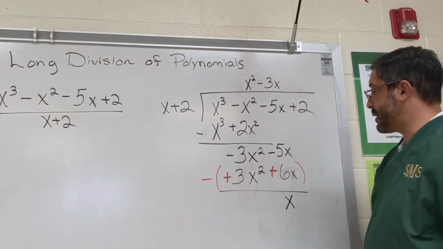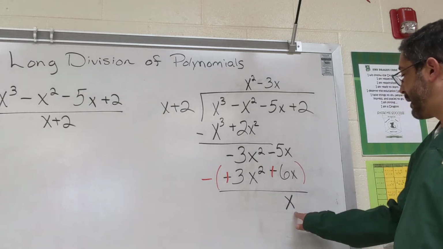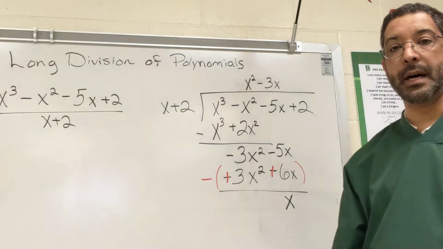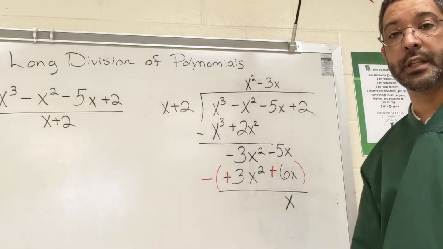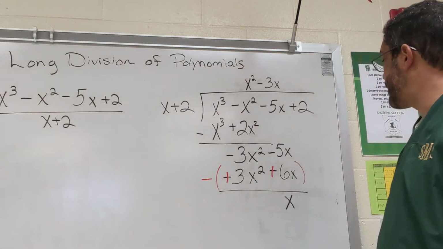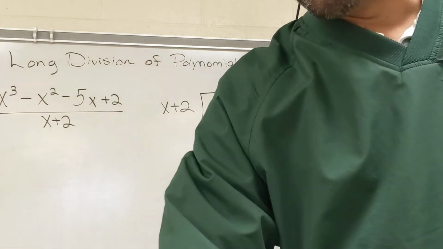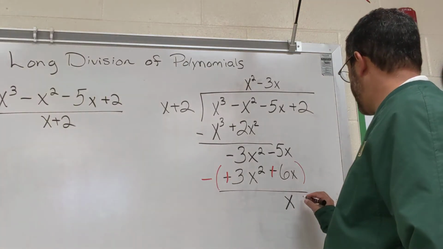So negative 3 plus 3 is 0. Negative 5 plus 6 gives me a positive x. Now that's one thing that you're really going to have to watch when you're doing these, especially with polynomials, is those sign changes when you're subtracting. So now to finish the problem, I just bring down